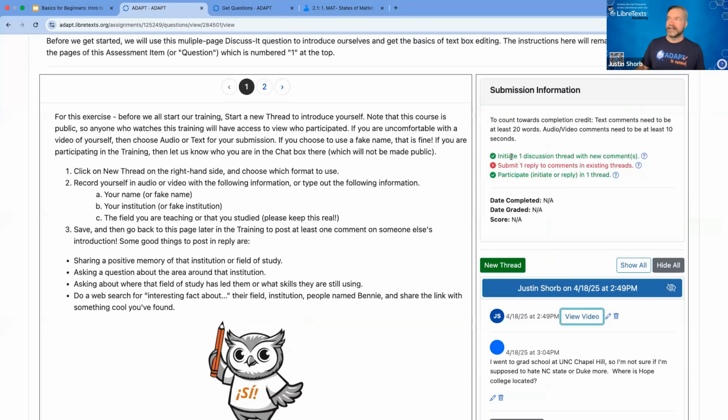So over here, it says initiate one discussion thread with a new comment, submit one reply, and participate in at least one thread. This is a catch-all. So if you wanted to have students do 4 things and you don't care how, and you want them to do 1 initiate discussion, 1 reply to somebody else, but then for the other 2 activities, they can either reply to a third person or a 4th person, or they could just start a new thread. That lets you have how many interactions you want them to do in this forum, and then specify which types